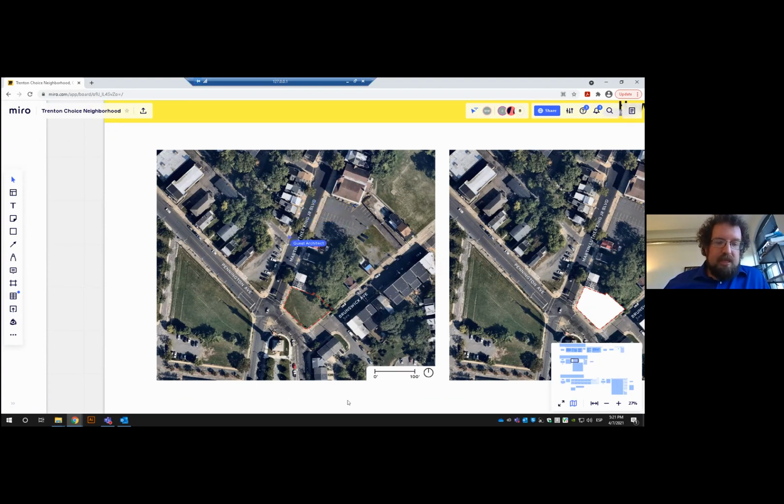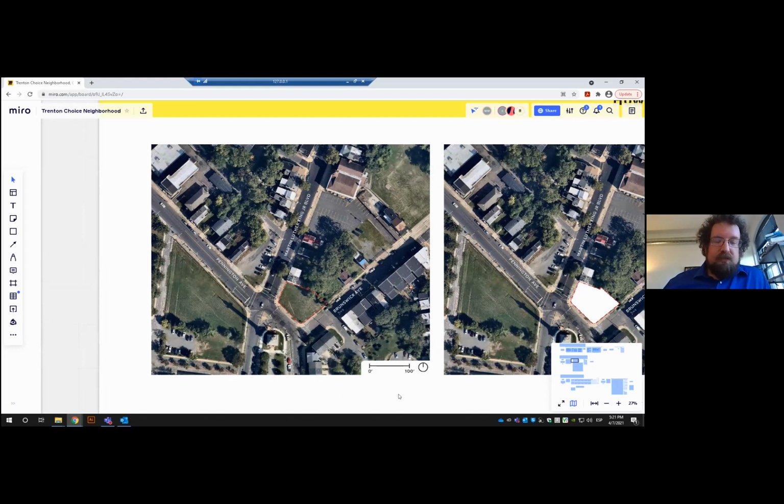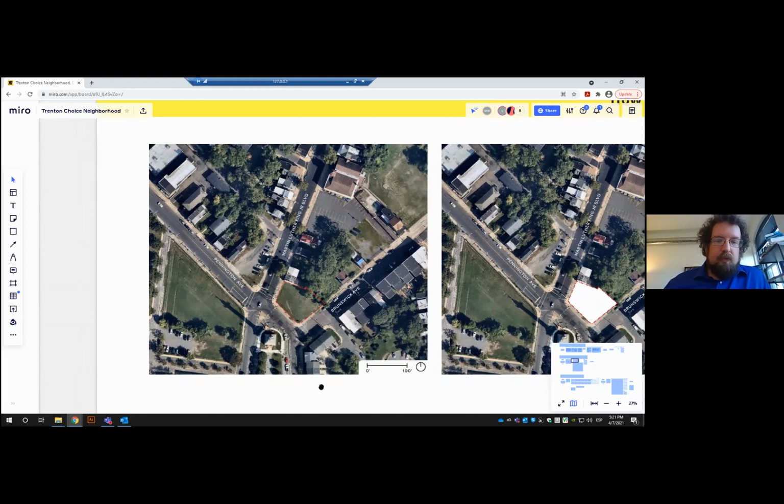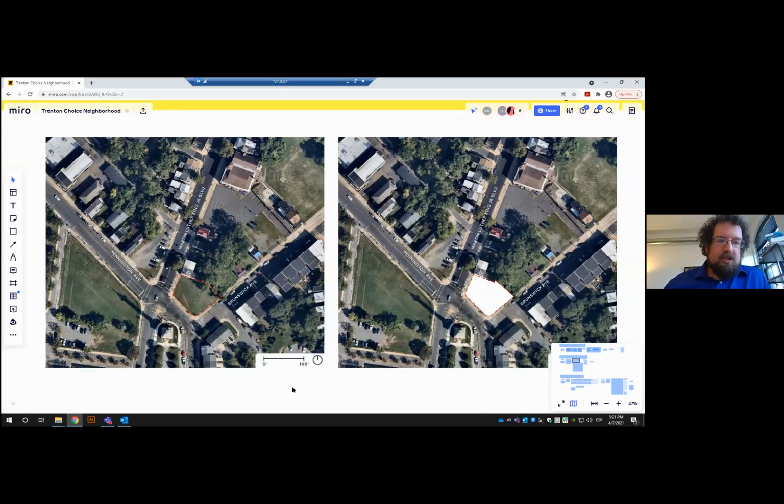You have some open space around the Battle Monument. The Battle Monument itself is a park. So you have lots of different options for what you can do with the space, whether there should be more housing or community asset or some commercial property that's going to produce jobs. There's a lot of different options for what you can do with this space.